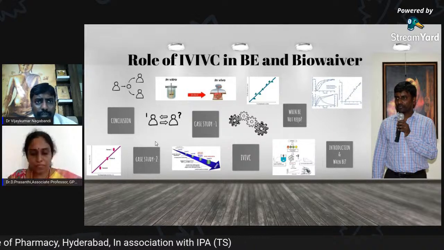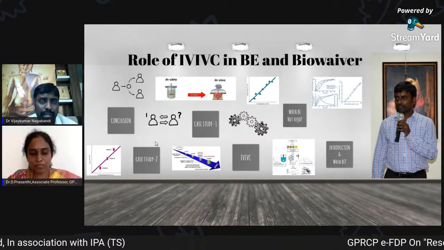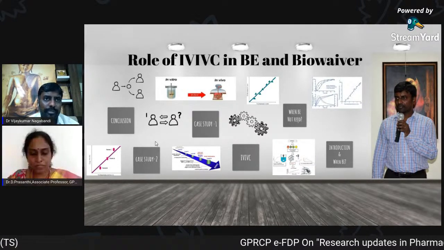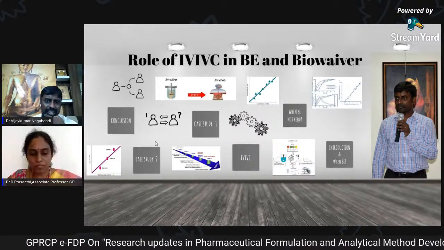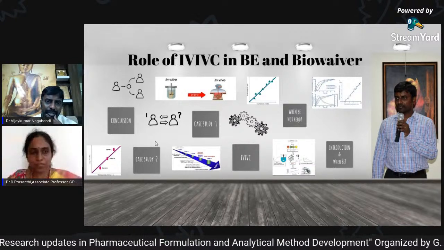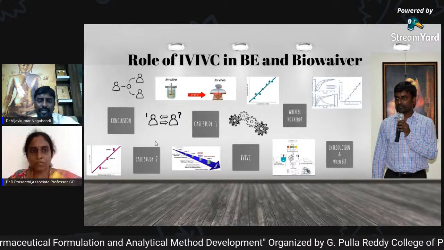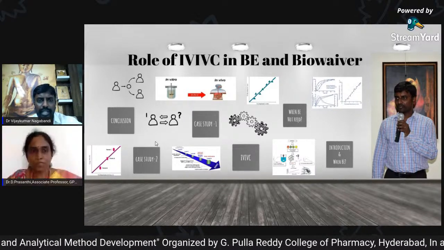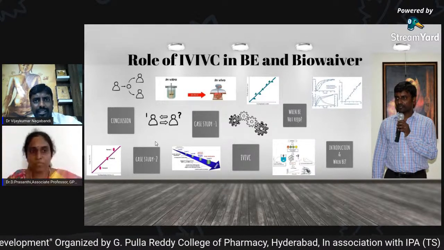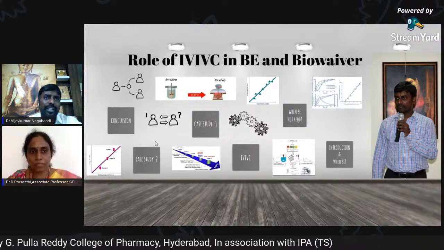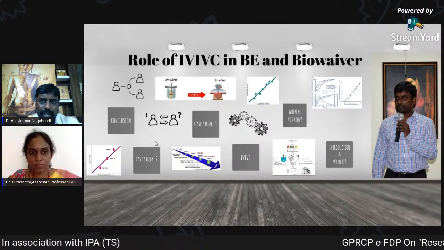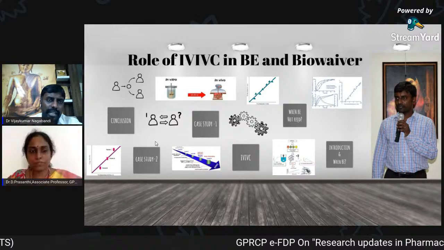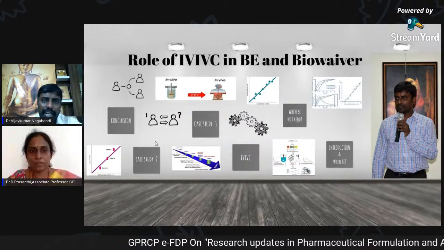But for your frequency of administration, maybe you want to come up with a once-daily modified release dosage form. And if you conduct the bioequivalence testing, you will get a failure, because the rate of absorption and extent of absorption from your formulation is different from theirs. So rather than bioequivalence, generally bioavailability testing is required, and this comes under 505(b)(2). It is a separate application form. It is neither NDA nor ANDA. It is a hybrid of NDA and ANDA.